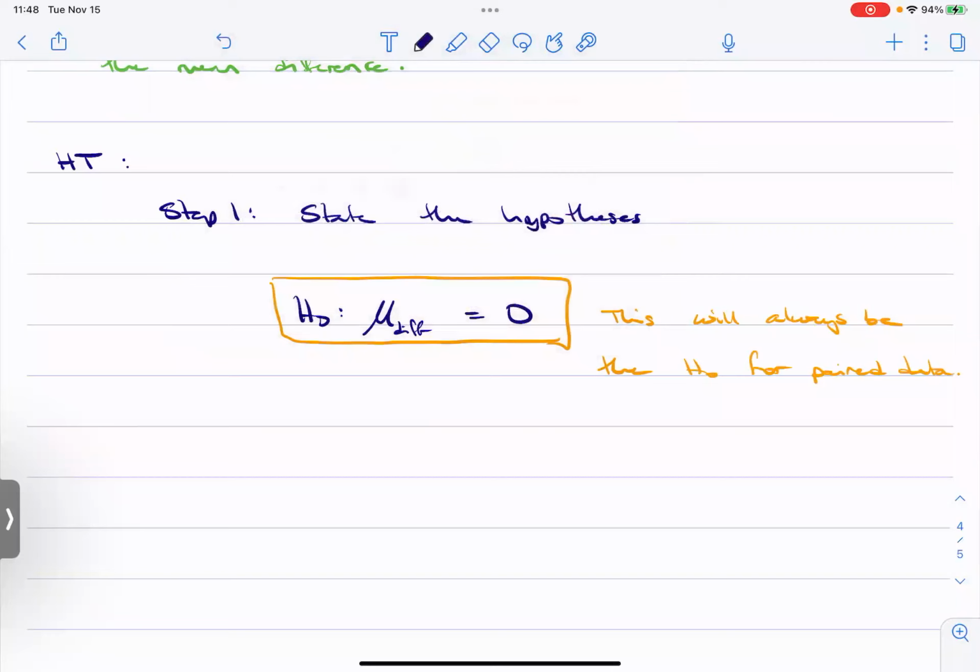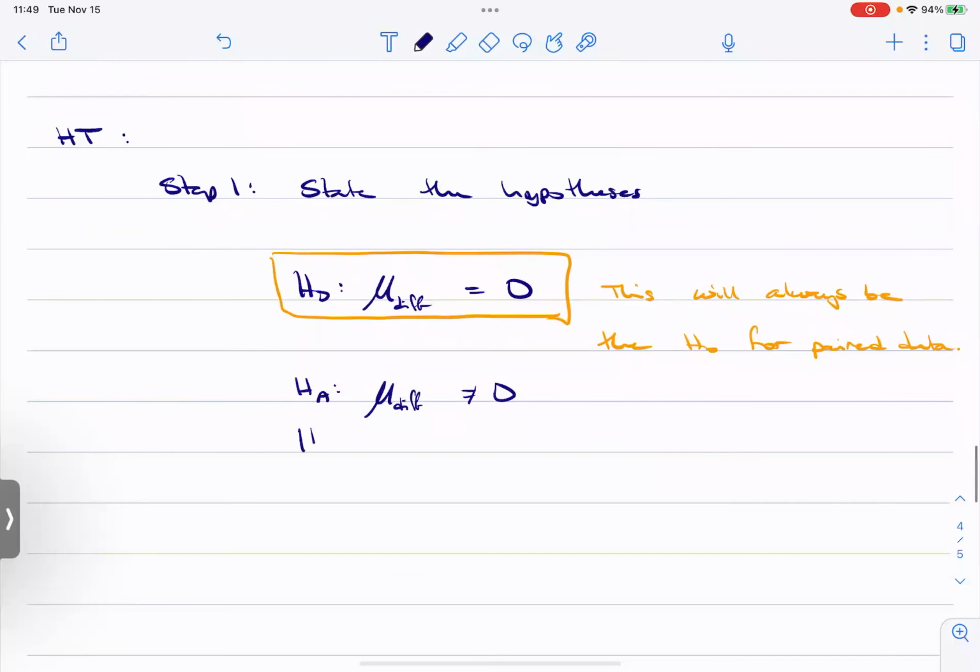The alternative hypotheses are kind of a give and take. We have this fixed null hypothesis, but the alternative makes us work a little bit. We're going to have three options again. Mu diff is not equal to 0. That one's fine. However, once we get to mu diff less than 0 or mu diff greater than 0,